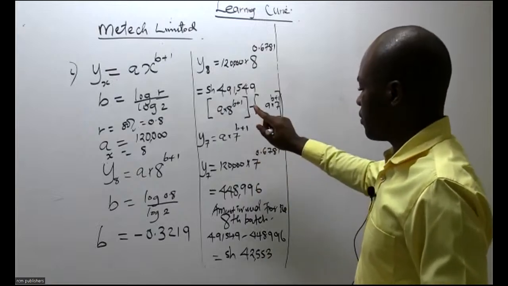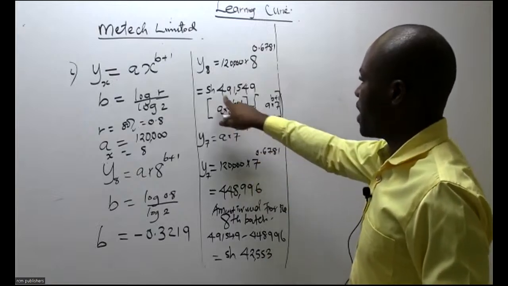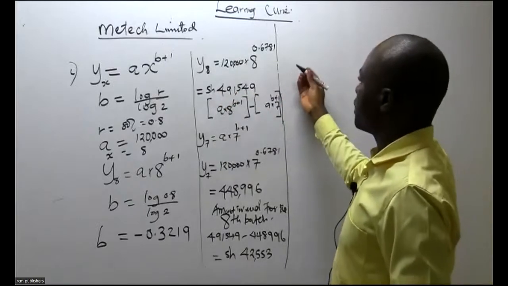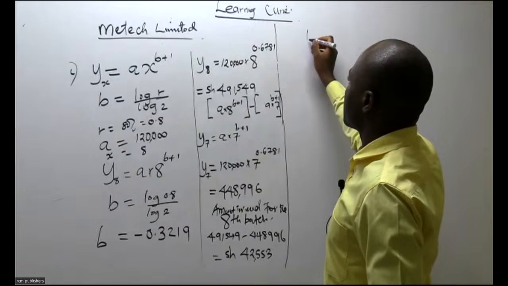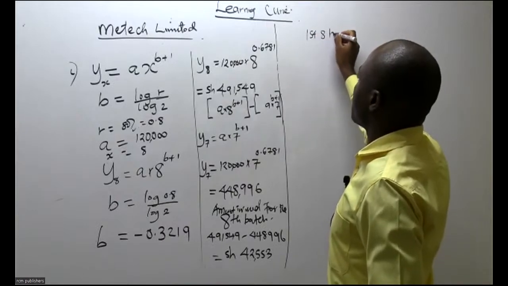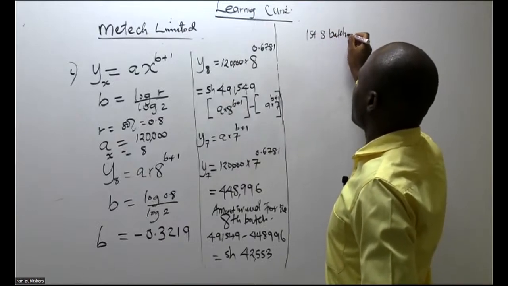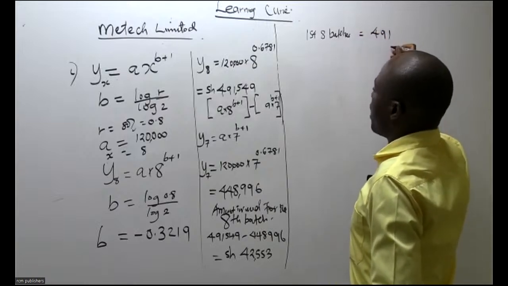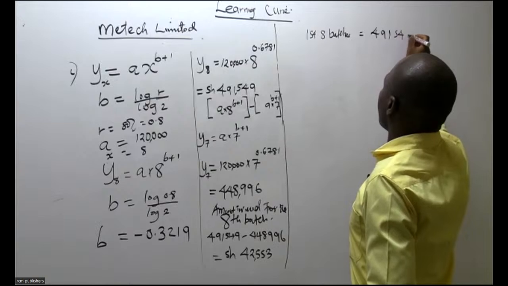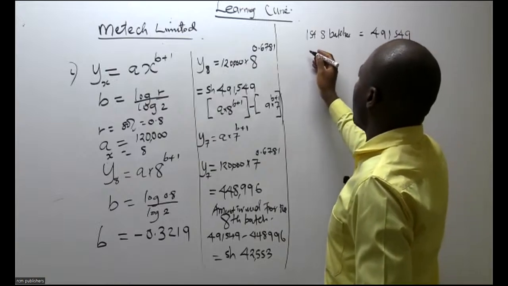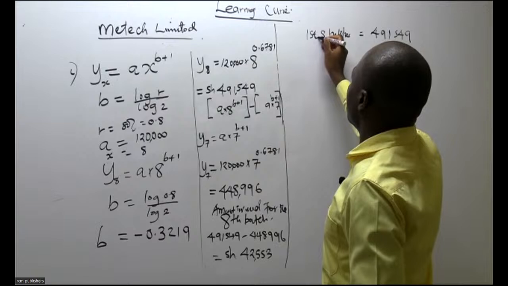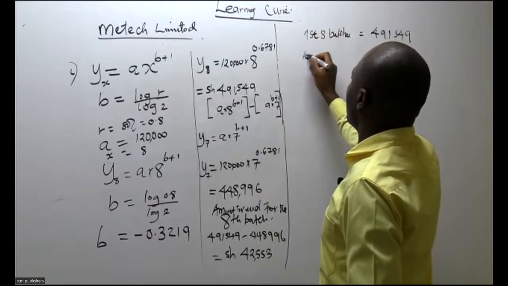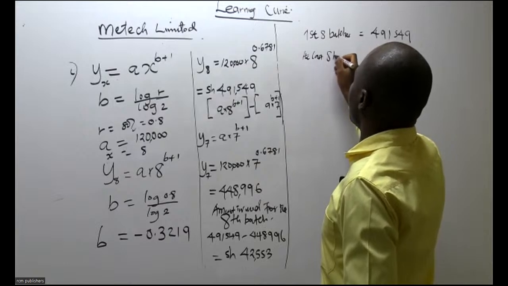The first 8 batches. The first 8 batches, how much did they incur? They incurred 491,549. Then the last 8 batches,